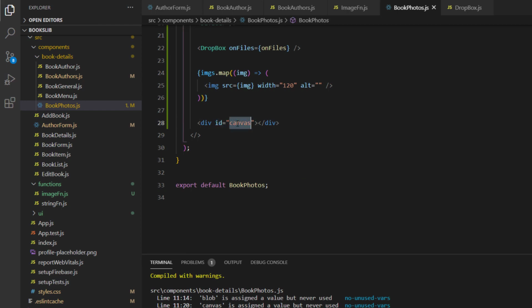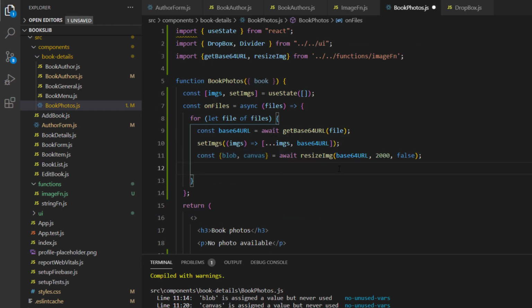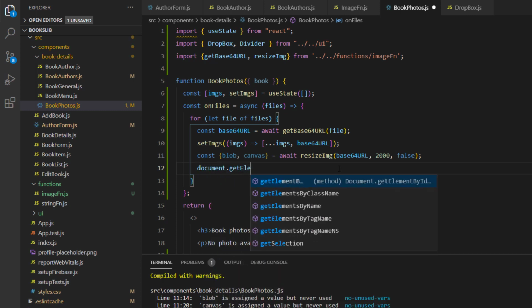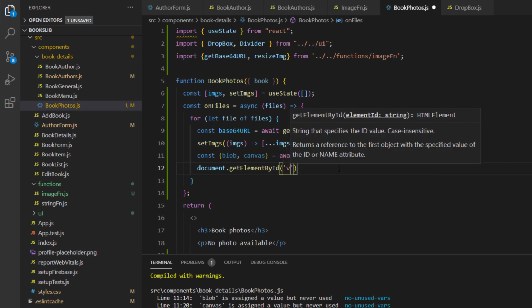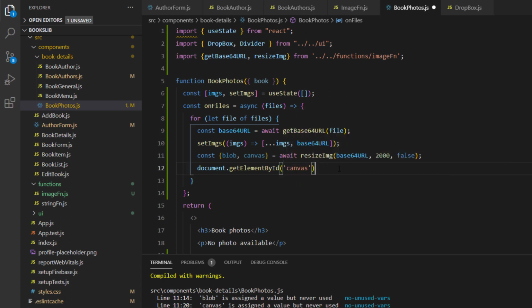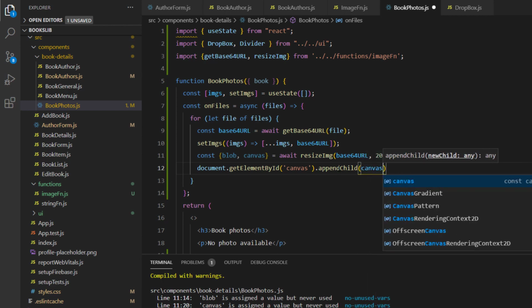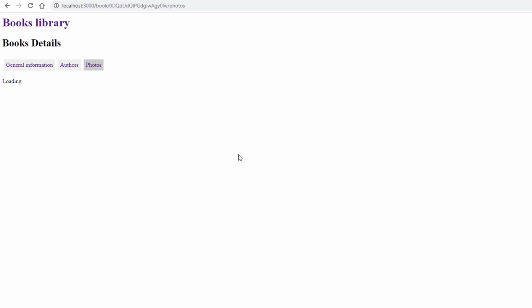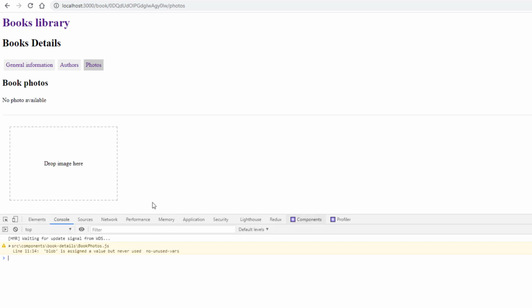Now, I will get it by the ID, but this is not a good solution. But here for testing quickly, I will use document.getElementById canvas, and I will append a child, the canvas. Let me try it. So now if I reload and I will open the console,